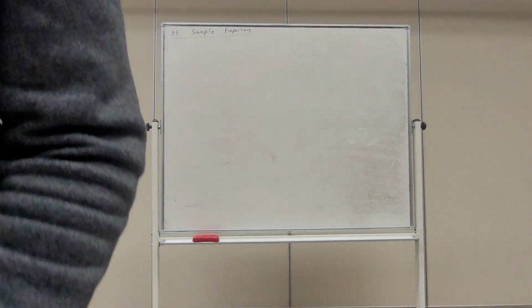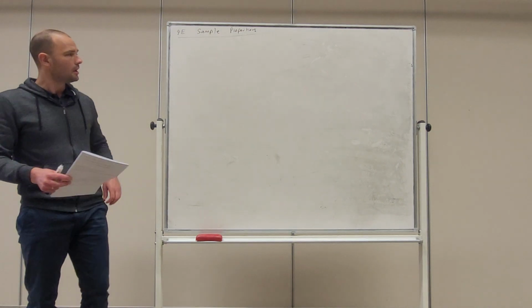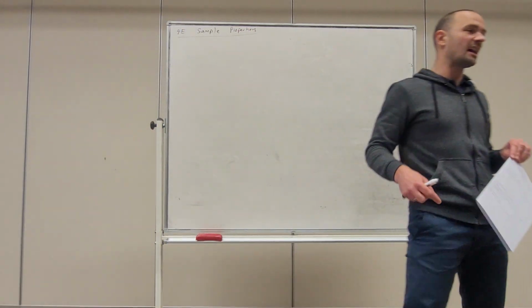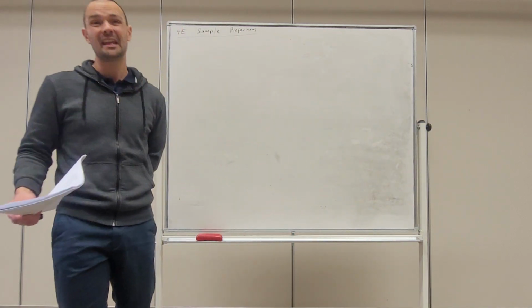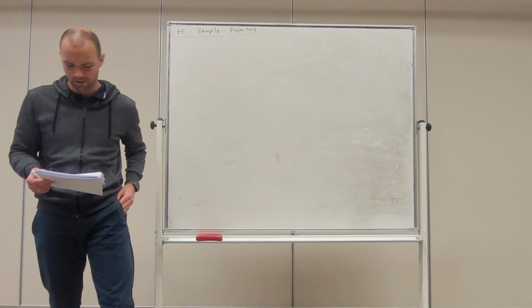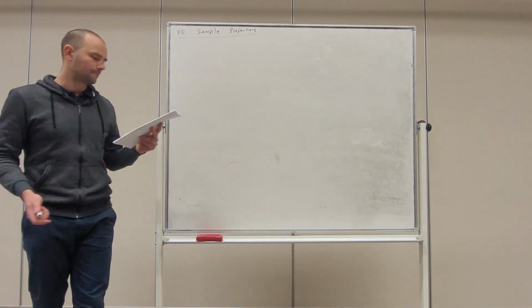And there's a bit for you to read there, but I'll just get straight in and we'll go through the example. So a proportion is just a part of a population that has some property or quality. So rather than talking about mean observations, we're talking about the proportion of a population that has some property. So in our example here, we have a sample of 10 people that finds that 3 of them have blue